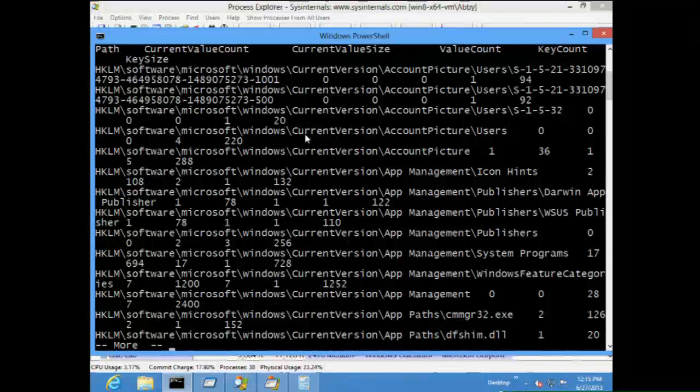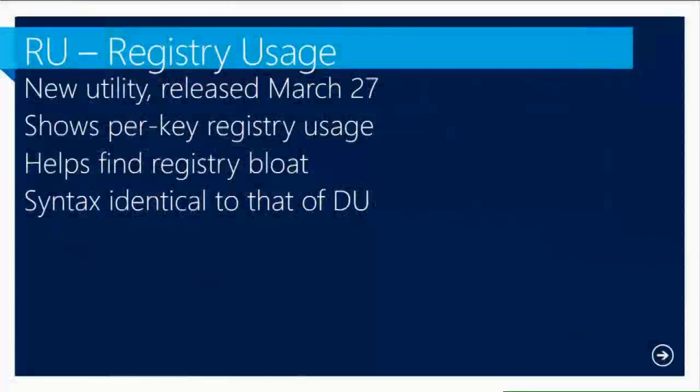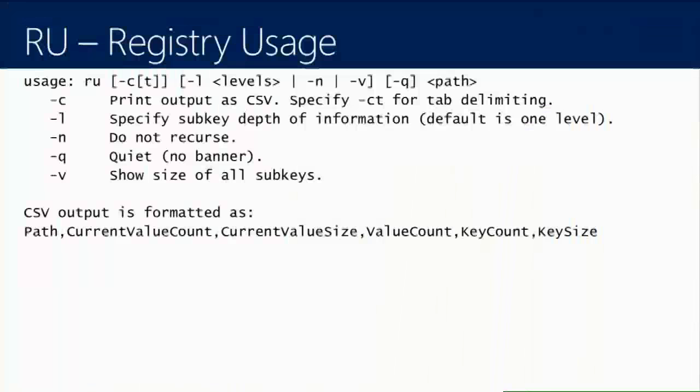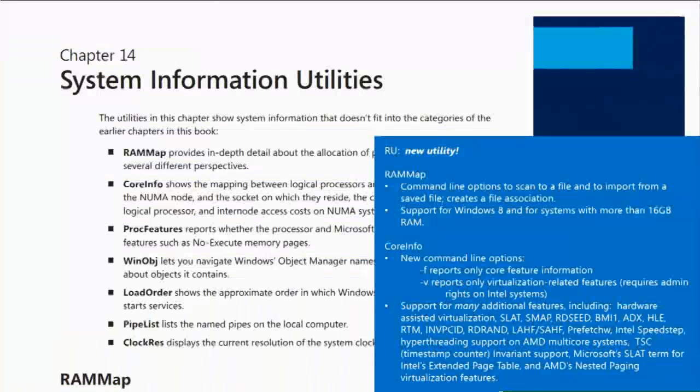but we've had a number of cases where applications or services or something were storing a lot of stuff in the registry and actually causing system problems. So RU is useful for finding those, and that's a brand new tool. Running out of time here, so